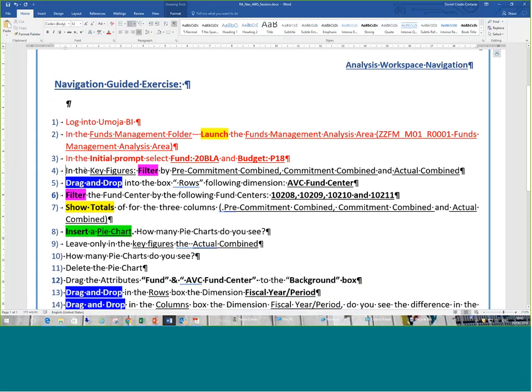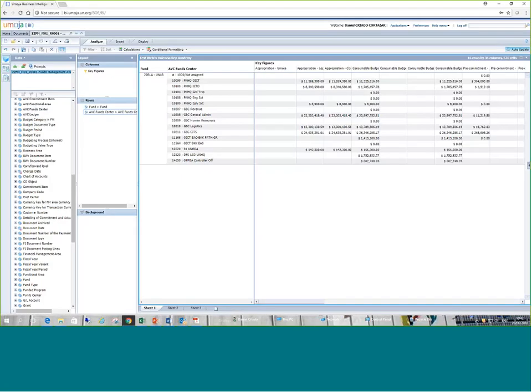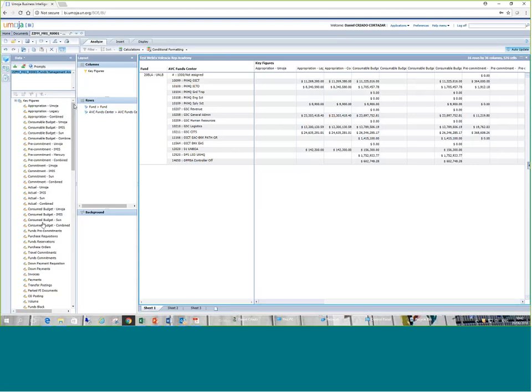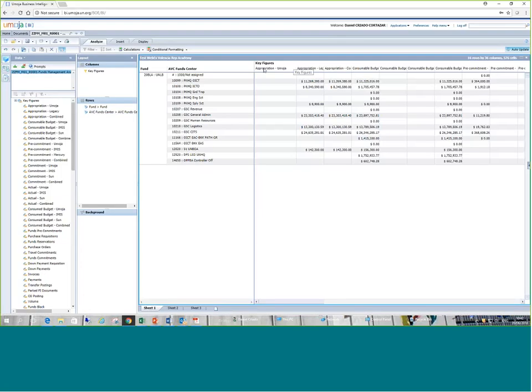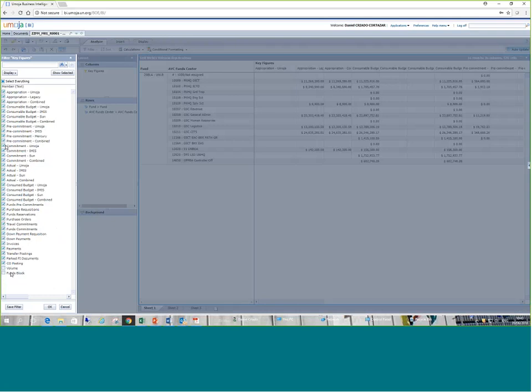Point number 4 tells us to insert in key figures: in the key figures, filter pre-commitment combined, commitment combined, and actual combined. So basically, the exercise is telling us that in the key figures, instead of 36 columns, I only want to have 3, which are pre-commitment combined, commitment combined, and actual combined. So how do I filter or only show those specific 3 columns? You can do it in several ways, but the one we usually teach, especially for non-advanced users, is you go to key figures because you want to filter key figures. You right-click, filter by member,